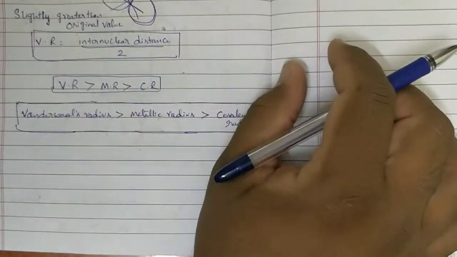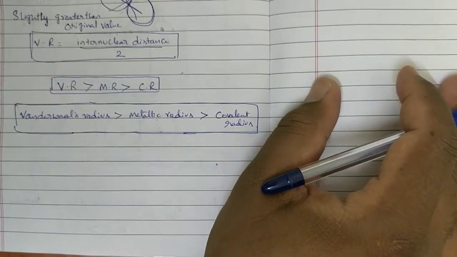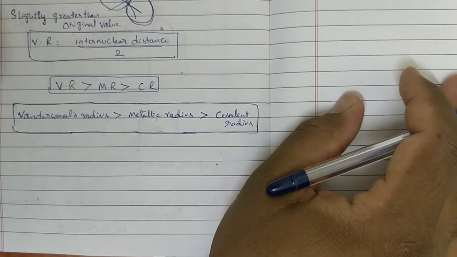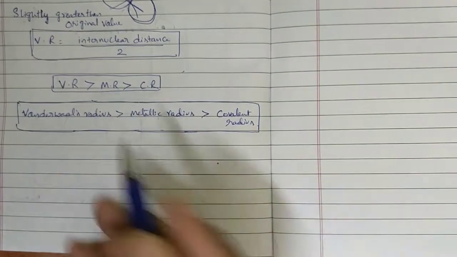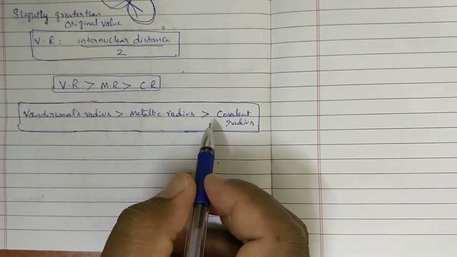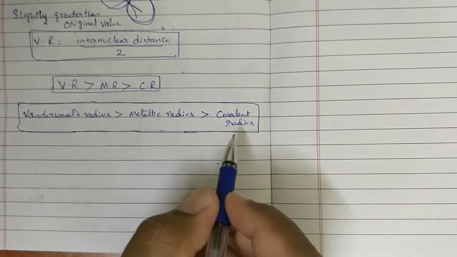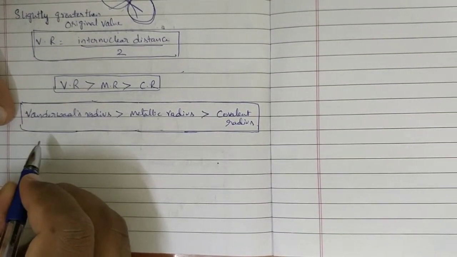Good morning, ma. In the previous class we saw the different types of atomic radii. Those are three types, ma: van der Waals radius, metallic radius and covalent radius. Every time, van der Waals radius is greater than metallic radius, which is greater than covalent radius. That is okay. Everything is clear for you. Now we will see the atomic radius variation in groups and periods.